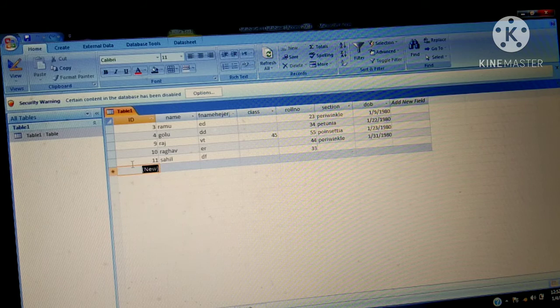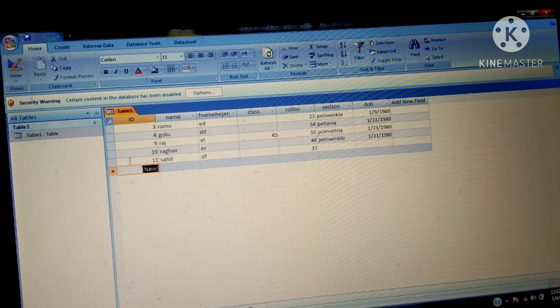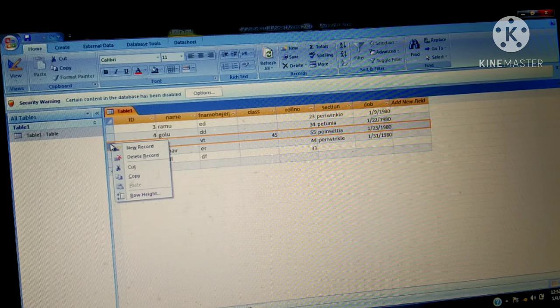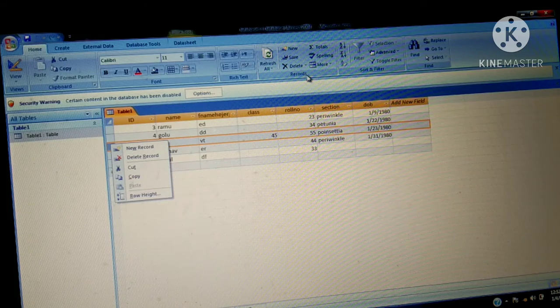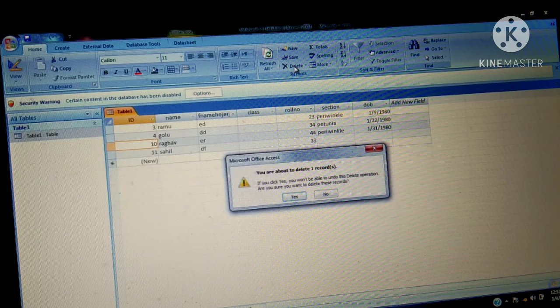If you want to shift it in between, then you will use the Sort and Filter option. So for deleting any record, first you have to select that record. Either right click and use the Delete Record option, or from the Home tab, in the Records group, use the option Delete. So you will select this Delete Record.